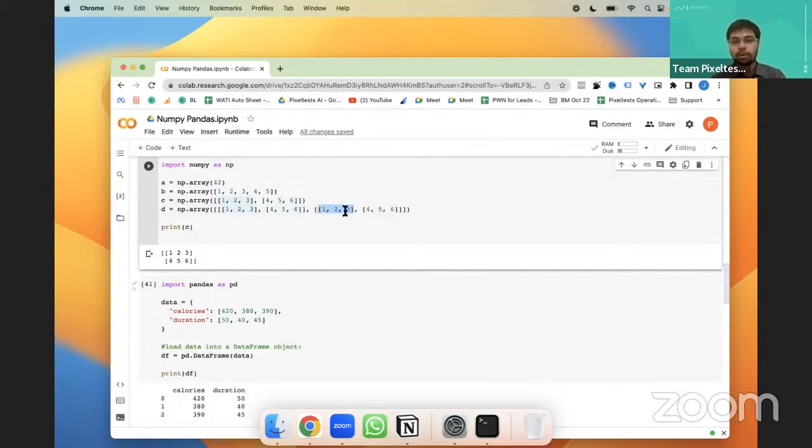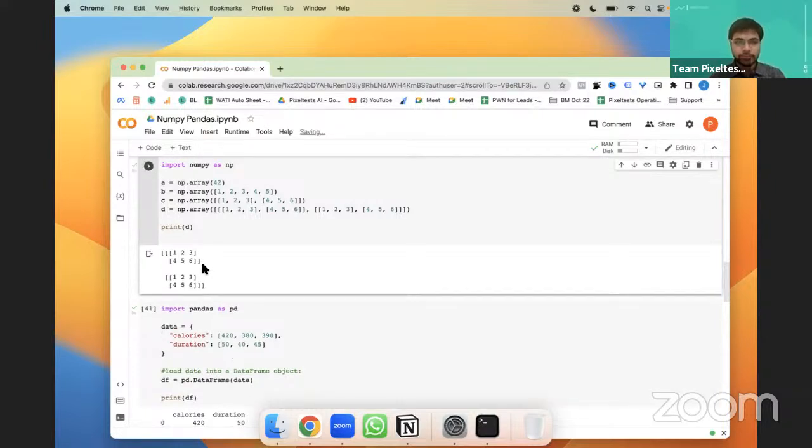When you give a comma, it becomes a 2D array, and when you give a comma between arrays, it becomes a 3-dimensional array. So when I run this and print D, you can see that the first array is 1 to 3 the first row and 4 to 6 the second row, and the next array is beneath it, right?